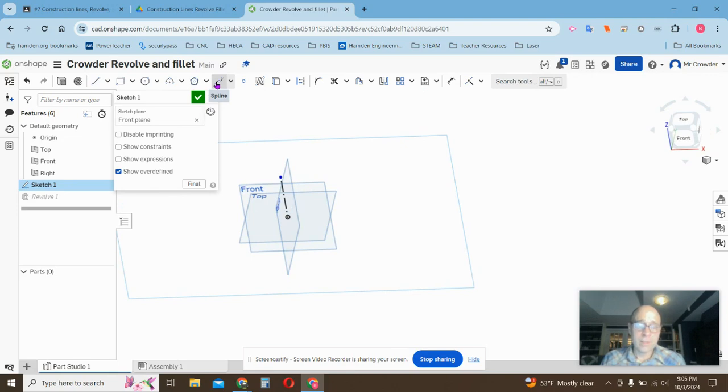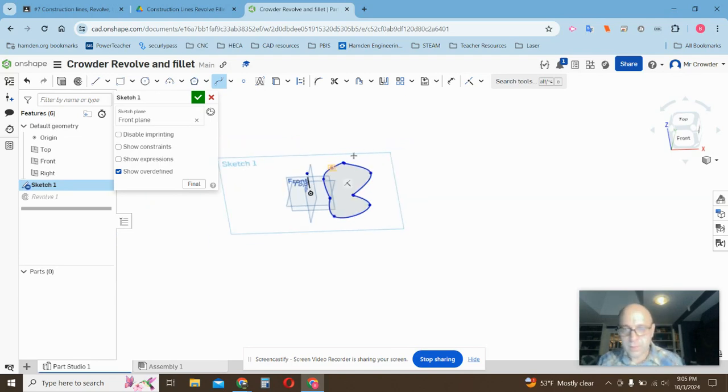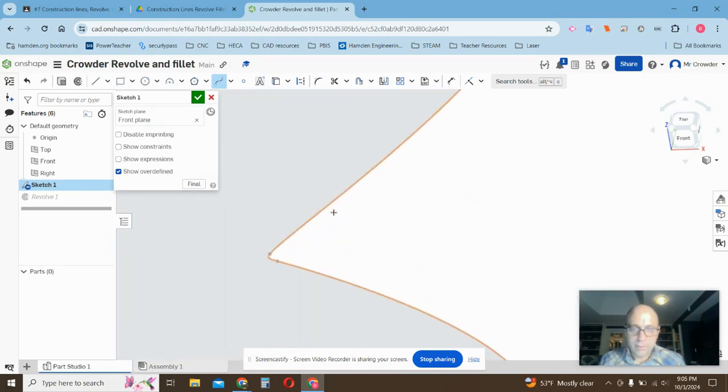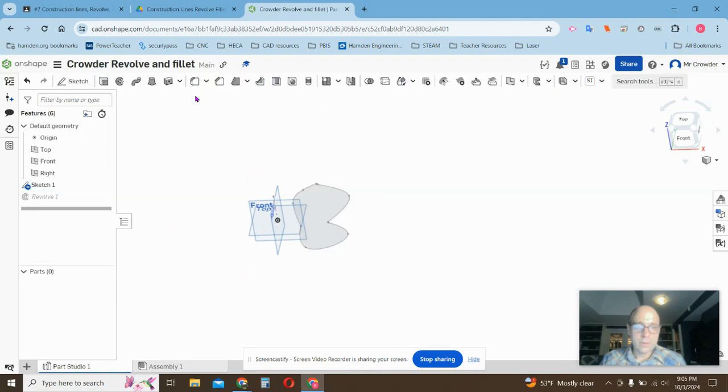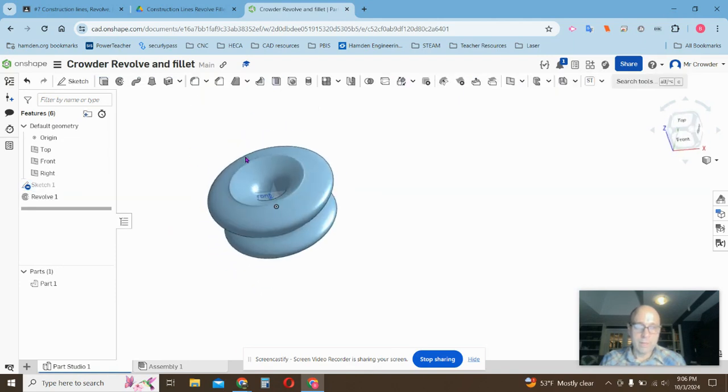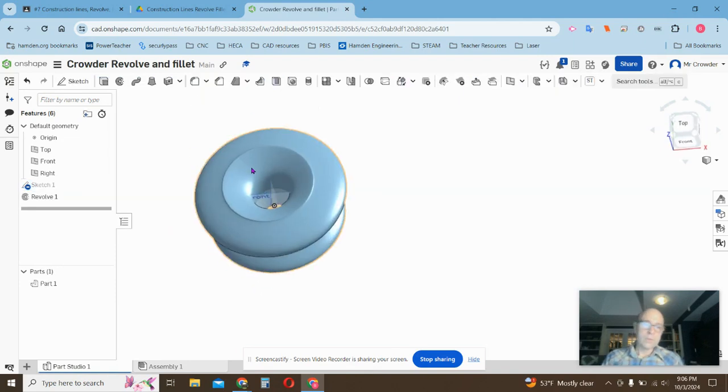So I can go over here and choose the spline, and I can make a really weird shape. And as long as it's a closed sketch, right? It turns gray when it's a closed loop. As long as it's a closed sketch, it'll revolve around that axis. So it's got to be on one side of the axis, and it's got to be a closed sketch. Okay,